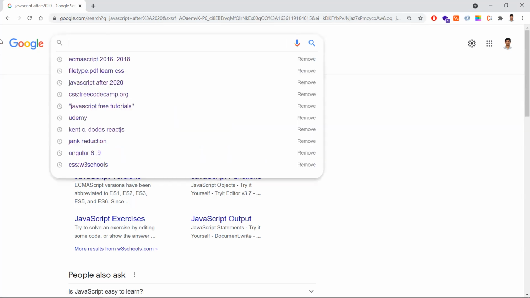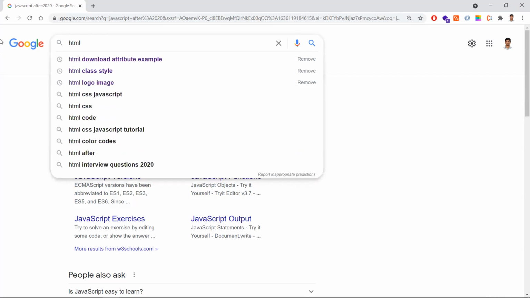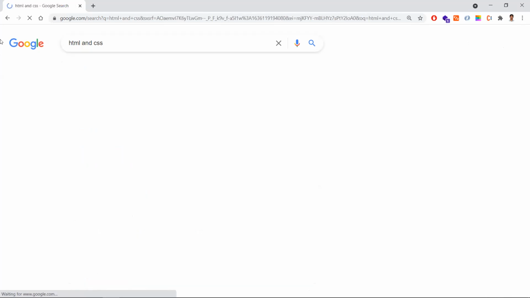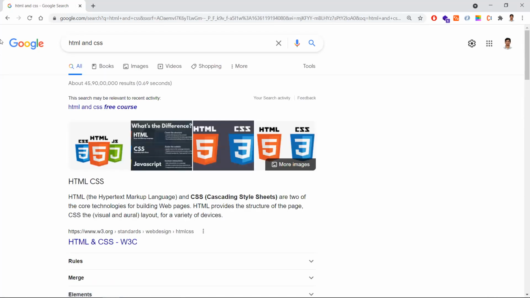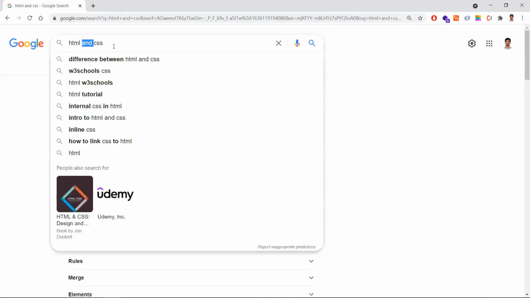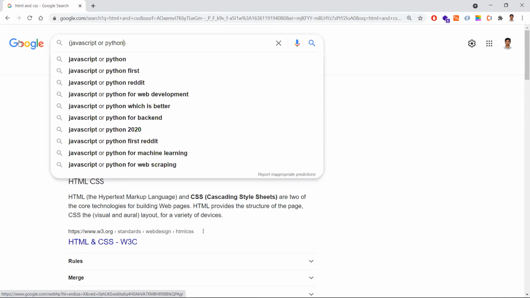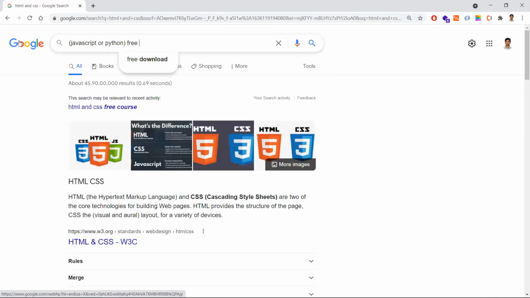Now you have the AND operator and of course the OR operator as well. If you want search results with HTML and CSS included, then you can give an AND operator. So we also have the OR operator. If you want JavaScript or Python, I can give it like this: JavaScript or Python, free course.